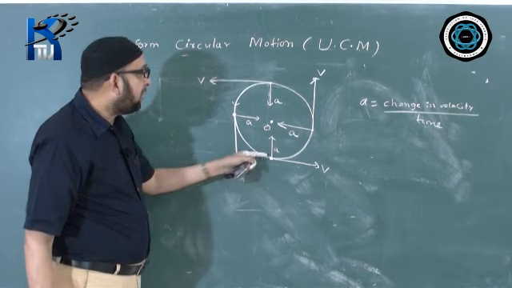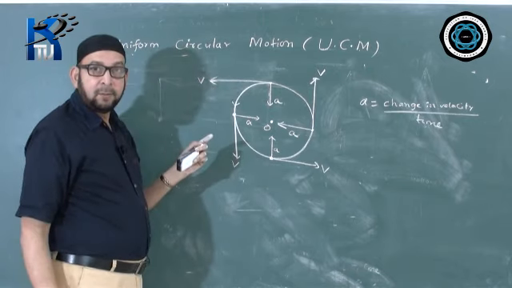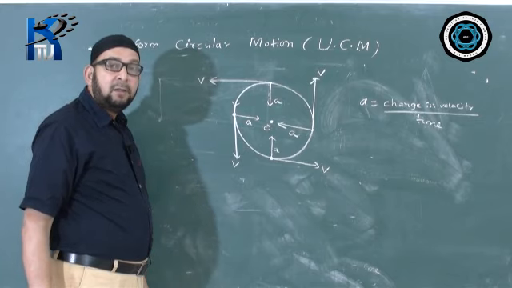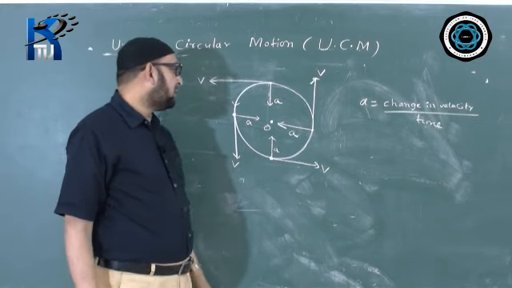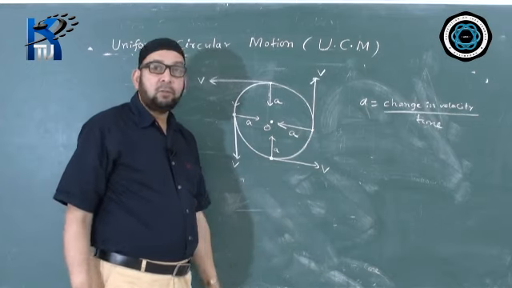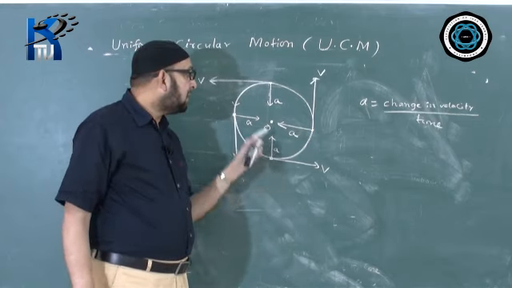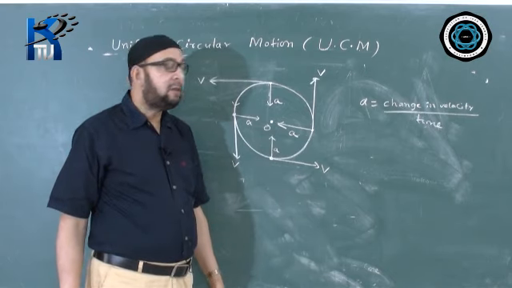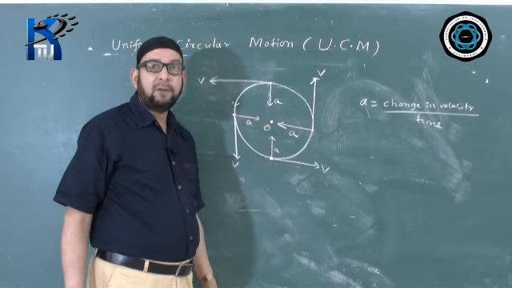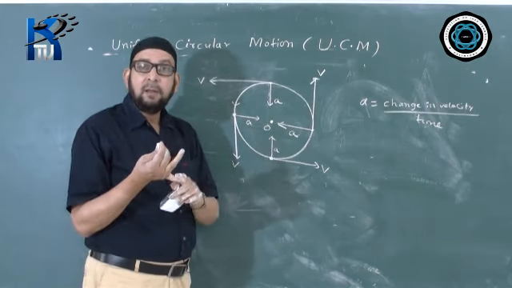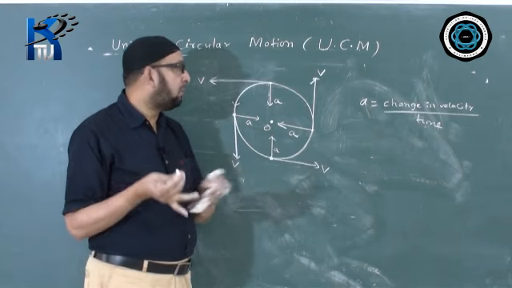That means the direction of acceleration also changes. Direction of velocity changing, direction of acceleration is also changing. So, one year in ICC they had asked this question: when a body moves in a uniform circular motion, is the acceleration uniform or variable? So, the answer would be the acceleration is variable. Only speed is constant, whereas velocity is variable, acceleration is also variable, because the direction keeps changing.